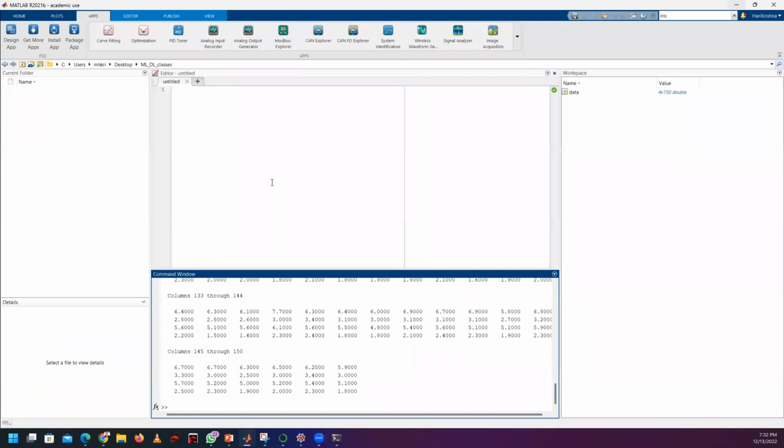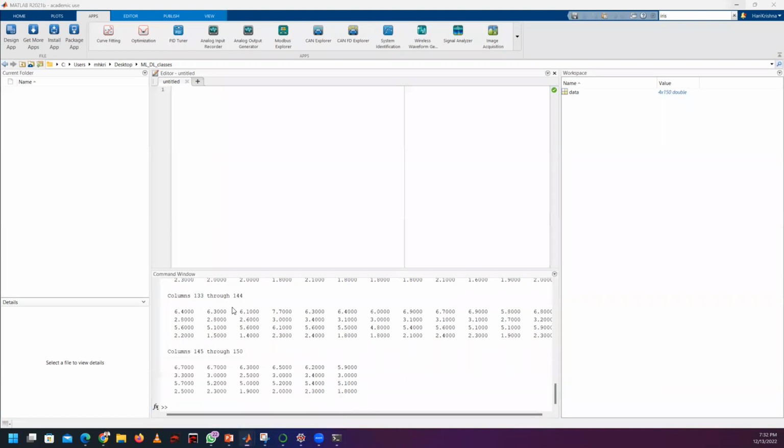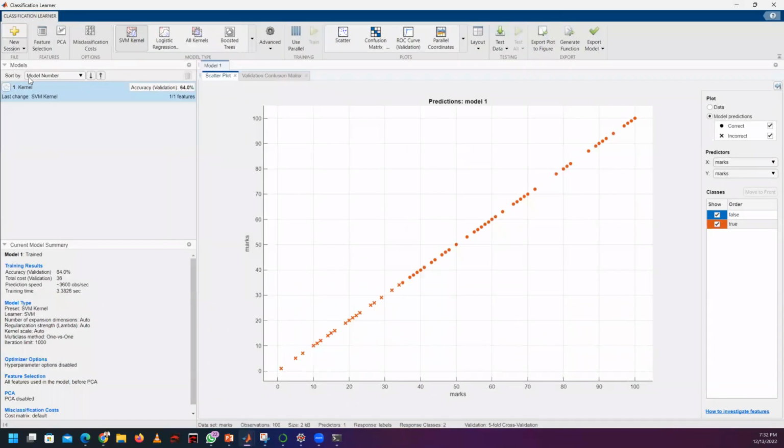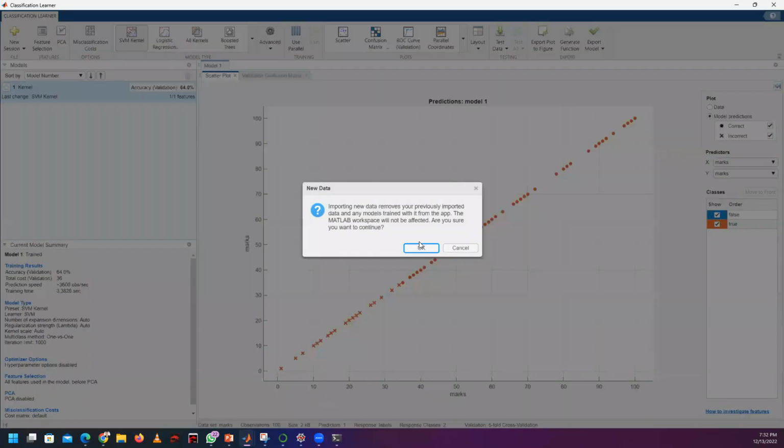First we have to create your data set or import your data set to the workspace, or you can directly import from a file. If you have your data in any Excel sheet or any CSV file or any text format file, you can directly import from this option. When you are clicking here, you have two options, right? From workspace, from file. For example, if your data is in Excel or CSV, you can directly click here and import your data without dealing with the workspace. If your data is on the workspace, you can directly click here and